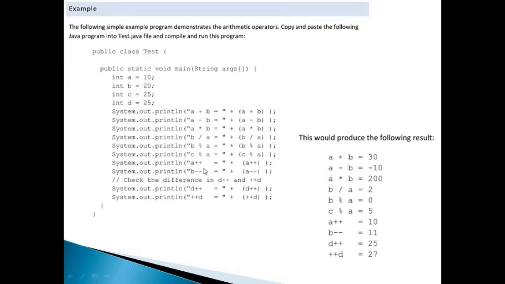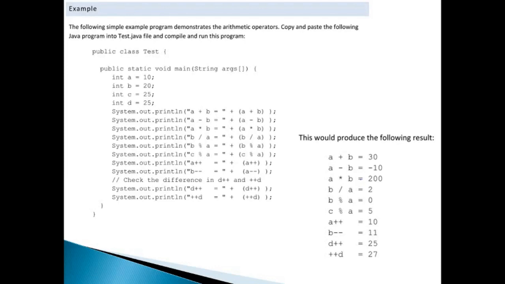Now, as you can see, we are applying a post increment operator on A. A plus plus will give what? A's initial value is 10, so A plus plus will give 10. Why is this 10? Because first it will use the value of A and then it will increment it. As soon as the statement is executed, the value will be incremented by 1, but before that it will contain its original value. So A plus plus in this line will print 10, but as A reaches the next line, it will be 11. Then it will print 11, and again there is a post decrement operator, so the final value will be 10.